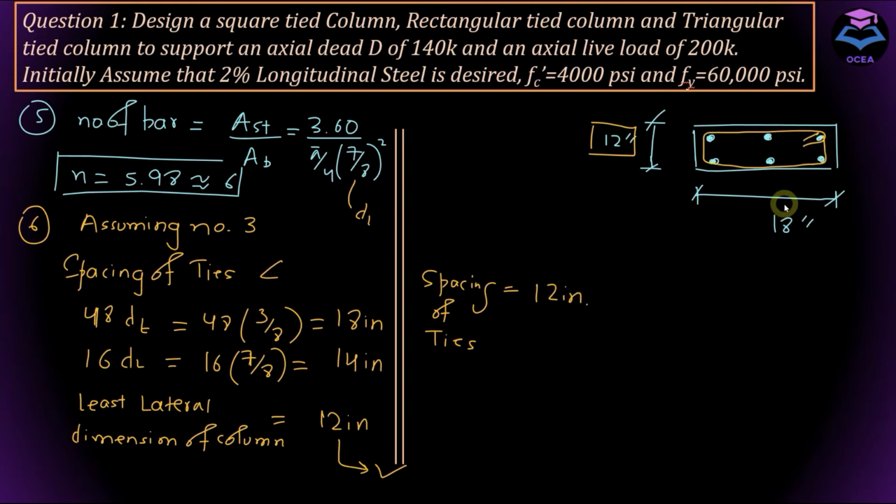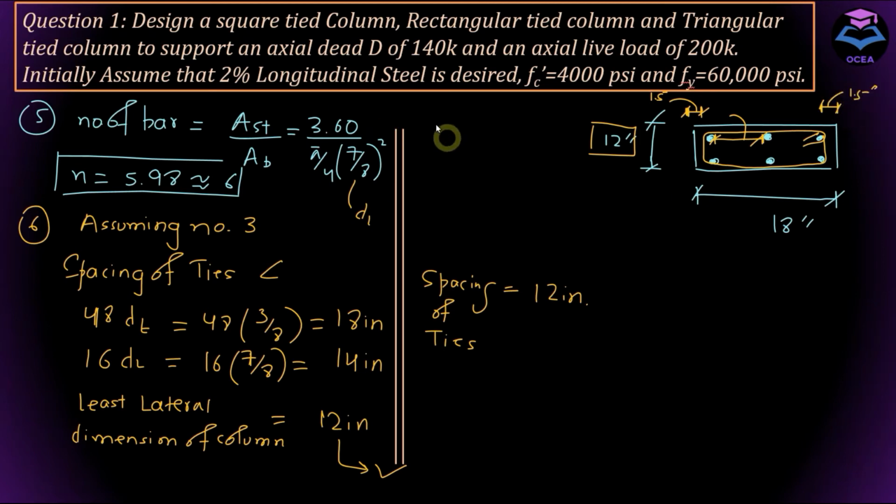And in the last video related to column, we talked about laterally supported bar, and if this is spacing, the clear spacing between a laterally supported bar and a not laterally supported bar, if it's greater than 6 inches, then we need to provide an additional tie. We need to tie up these unsupported or not laterally supported bars. So let's check this distance. Let's say the concrete cover, we are using the minimum concrete cover in this column, and it's equal to 1.5 inches from both sides,